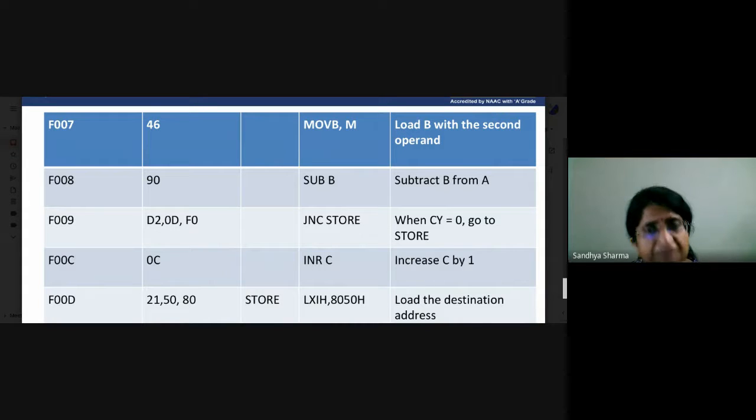In our next lecture we will take a simple one by one problem. First of all you have to go through the instructions, what type of instructions we are using here, and then we can go to that particular problem. The next lecture will be totally devoted to very simple programs of our 8085 microprocessor.